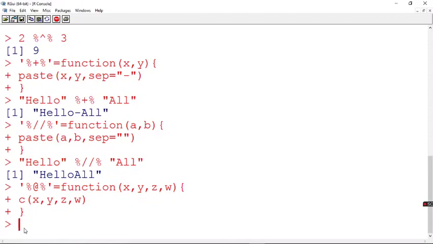Now let's create it. So how do I create it? I say this is going to be one function. So now you have 4 arguments here. Till now we had only 2 arguments, so we were using the operator we created between these two. Now I have 4 arguments. So how do I create it? We have to create it like one infix function, however we used. Fine. So now let's try it out.